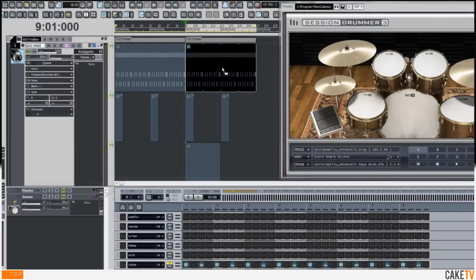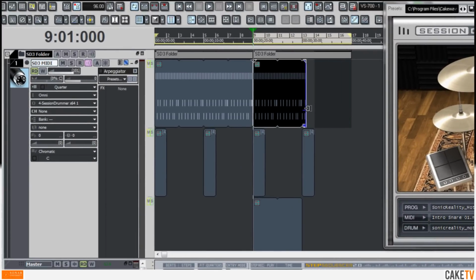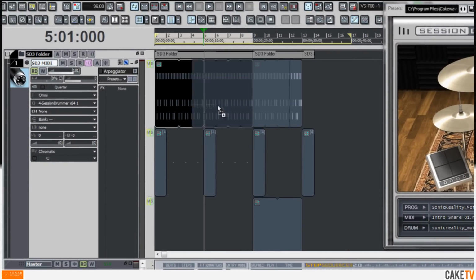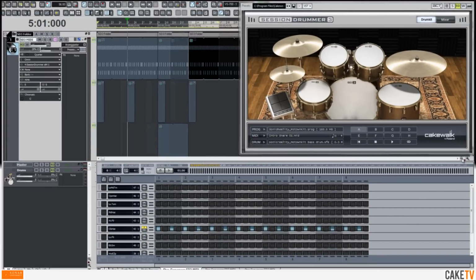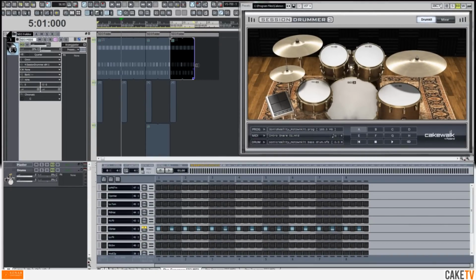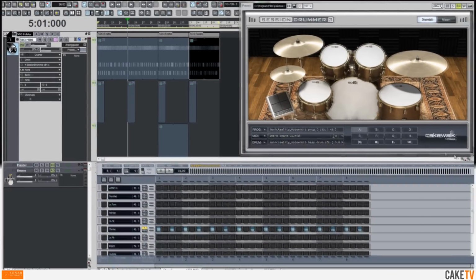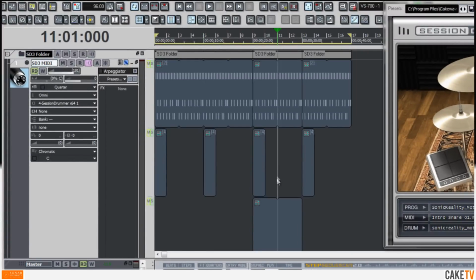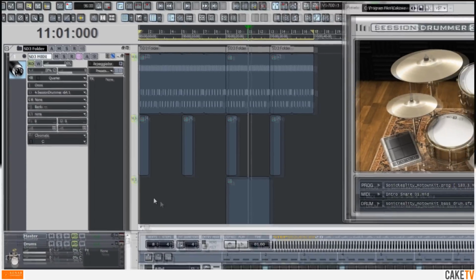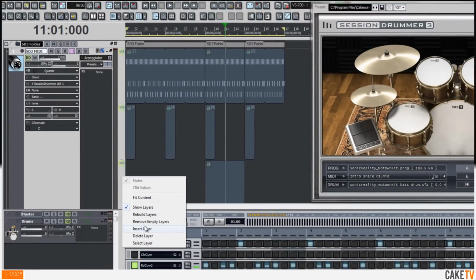Next, I'll trim the muted hi-hat clip to match the length of the rides. And I'll copy and paste over the original clip to flesh out the rest of the pattern. Next, I'm going to add a tom-tom fill leading into the ride section and also leading out of the ride section. So I'll insert a 4th track layer